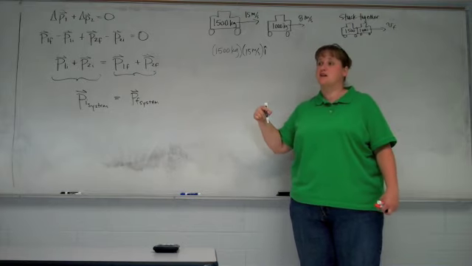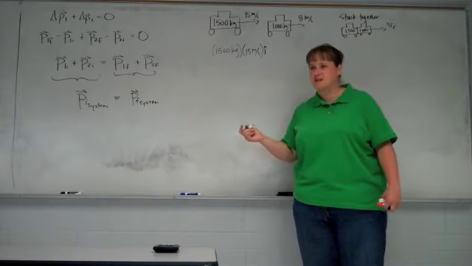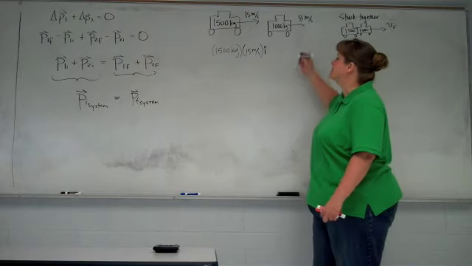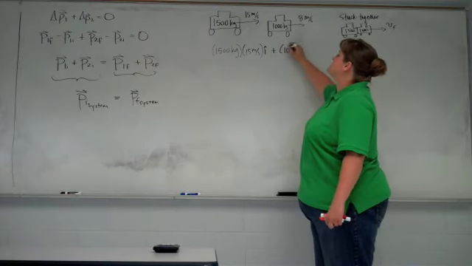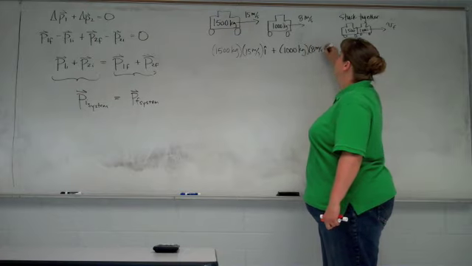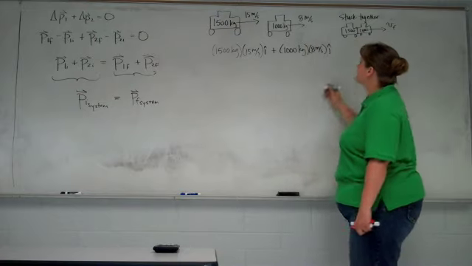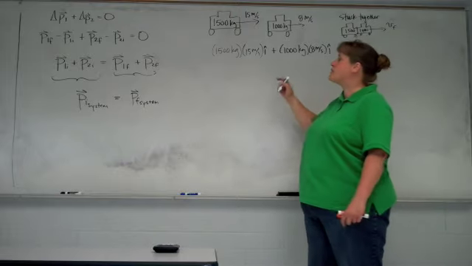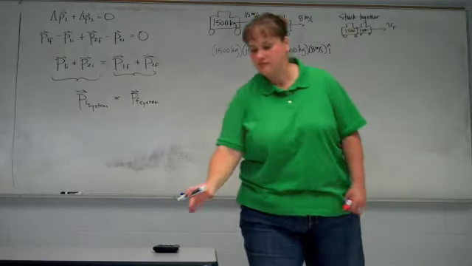Momentum is mass times velocity, so whatever direction the velocity is in is the direction of momentum. The momentum of this one is also to the right. So the total momentum of the system